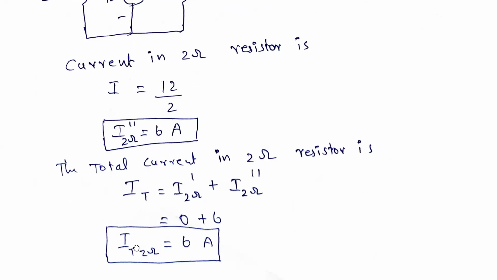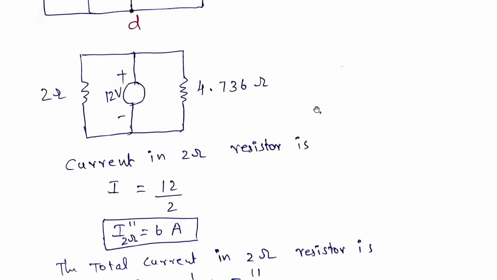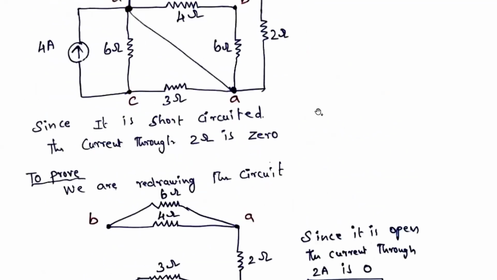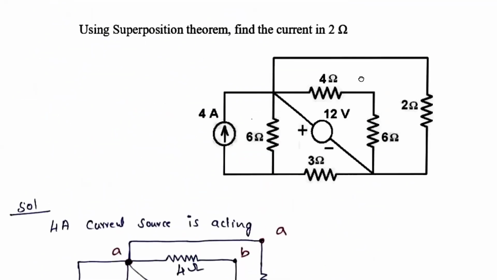So current through the 2 ohm resistor is 6 amperes by using this superposition theorem. By using the superposition theorem, this is the answer for this particular circuit shown in